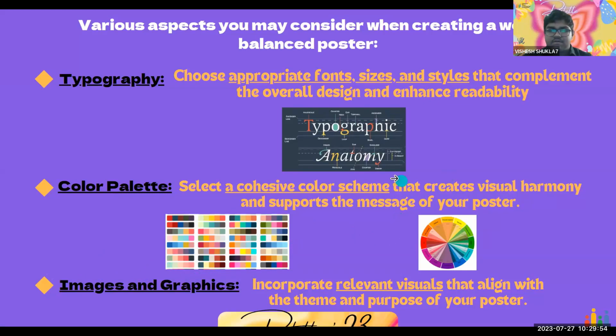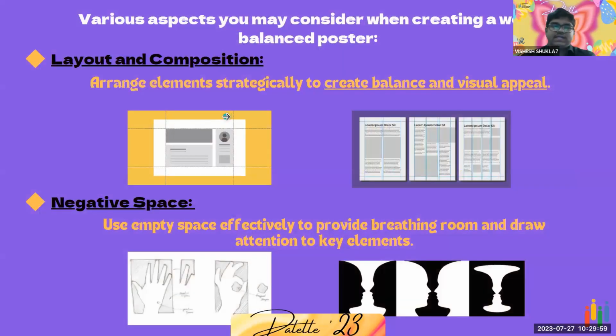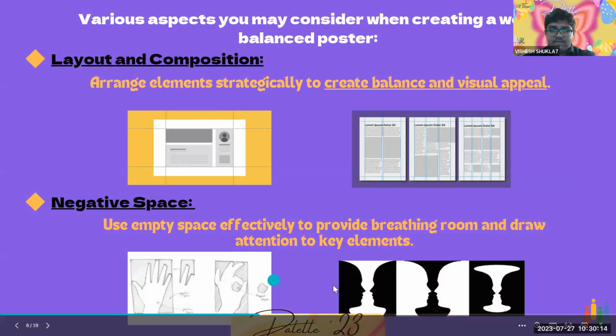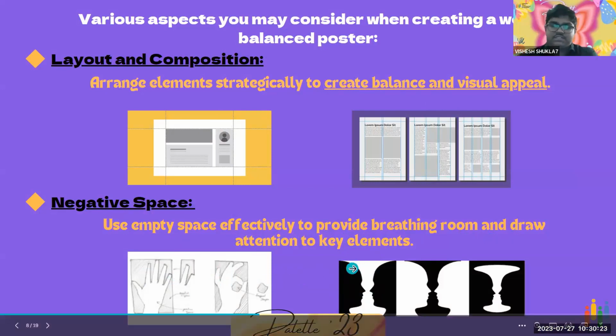Then the other two aspects of a balanced poster are, of course, the layout and composition, where you arrange different design elements strategically to create balance and visual appeal. Then there is negative space, where you use empty spaces around the piece you're trying to convey a message through, providing breathing room and drawing attention to the key element which you're trying to display. Now,